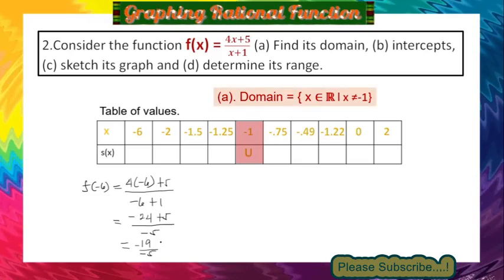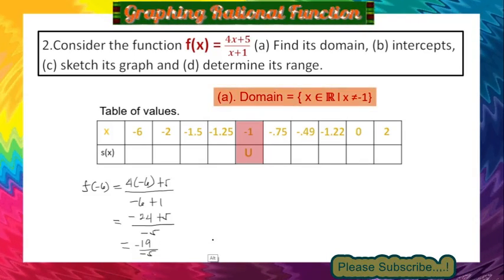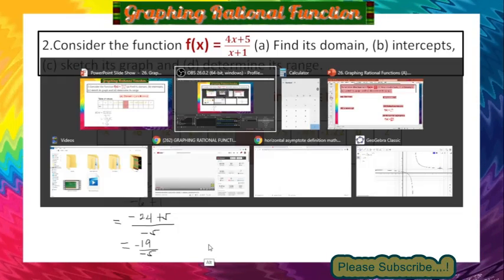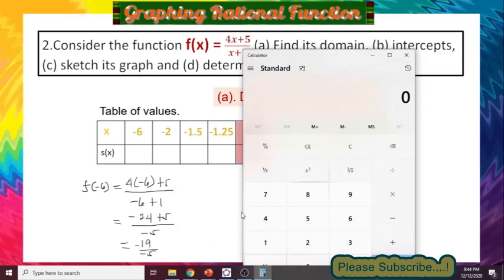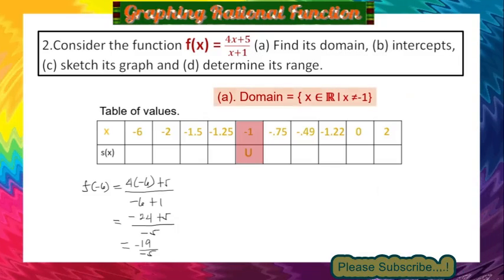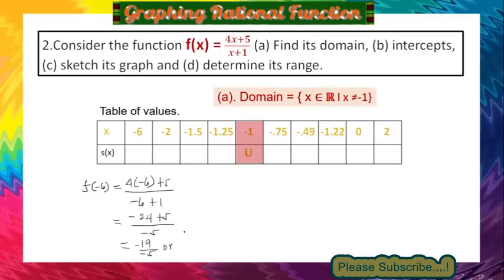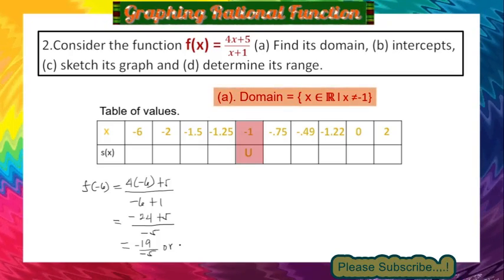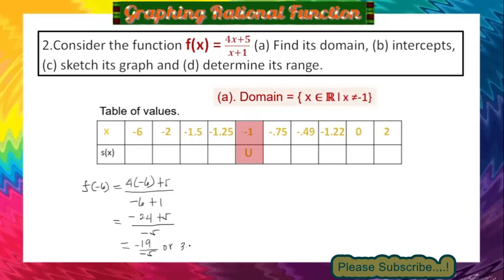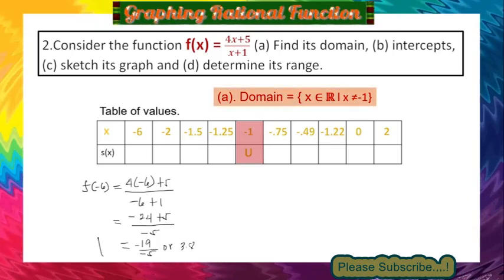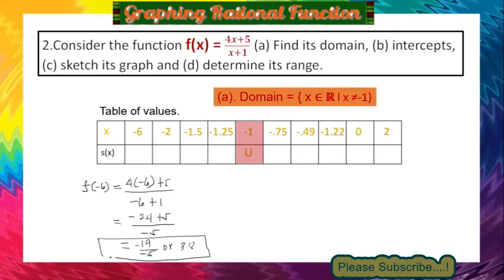Okay, we will use a calculator to find the value of our function. So that is 19 divided by 5. The answer is 3.8. So 3.8 is the value of our function at x equals negative 6, positive 3.8. Okay,